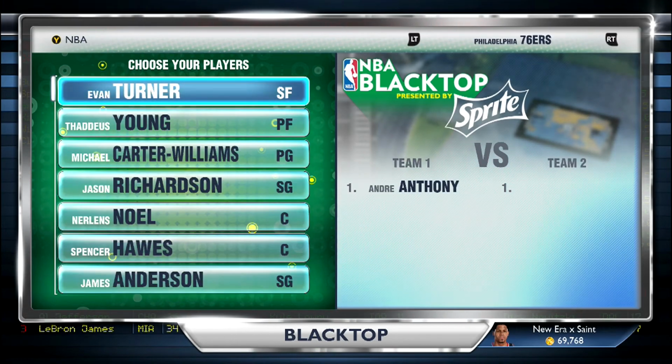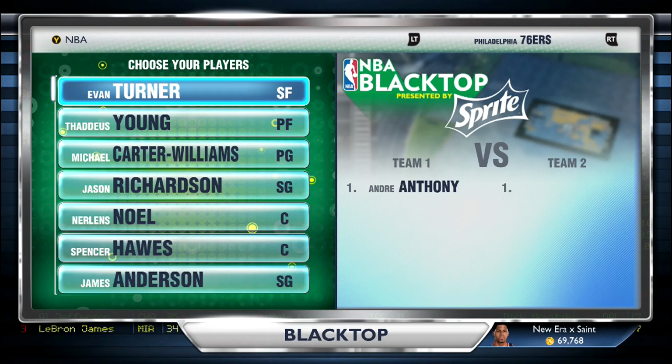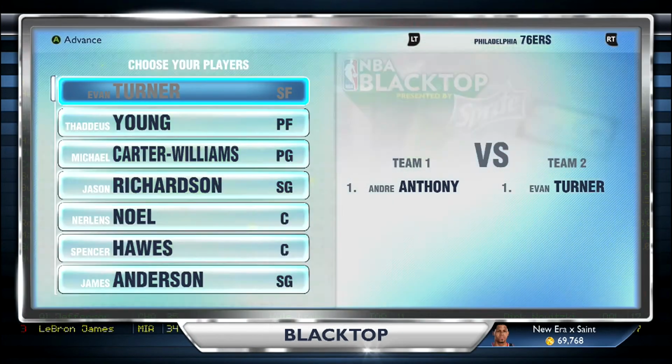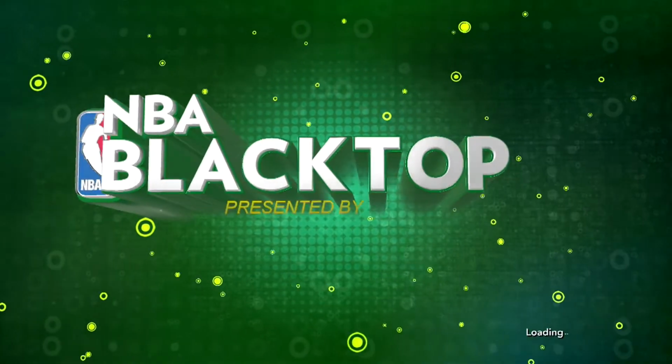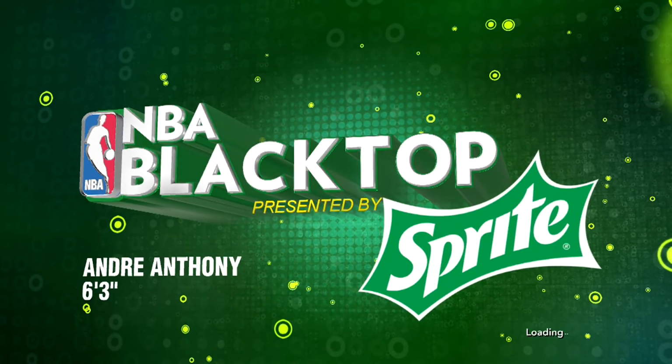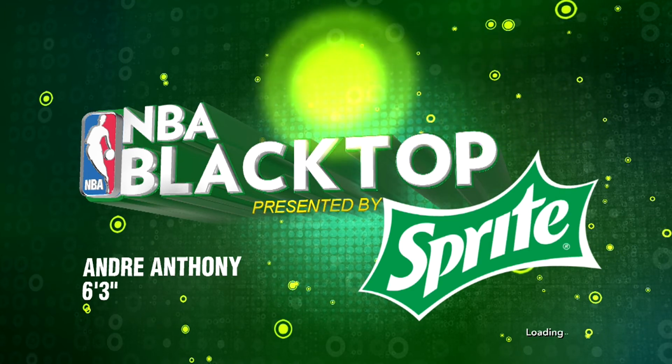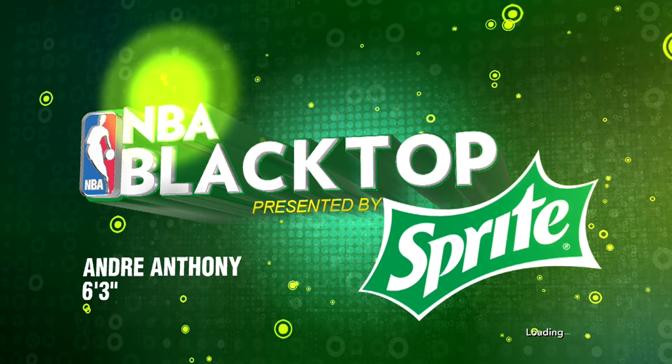I usually put myself against somebody bad, and this is another way to get VC. Whenever you beat somebody, you get an extra 160 VC, and by the time you beat them, you can go ahead and do the MyGM simulation again. So you can chain these together, or you can even go to the park and play a couple of games. I know, speaking of the park, for you MyCAREER players,